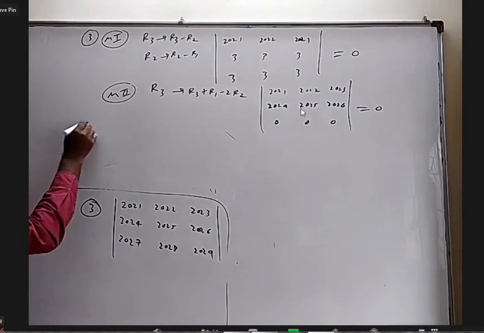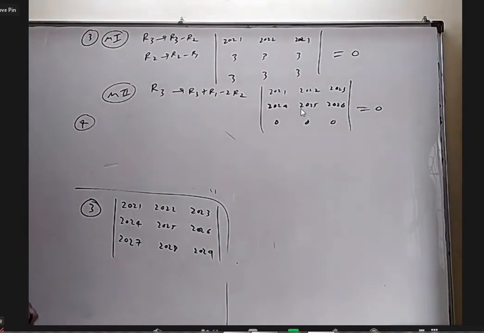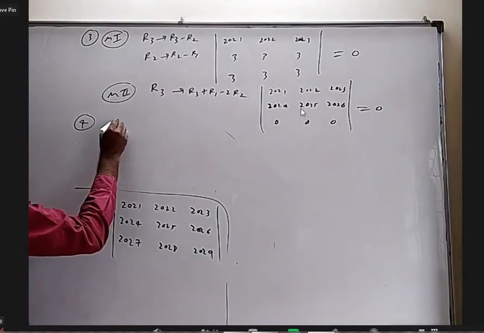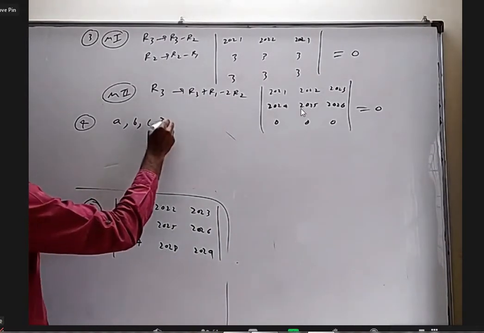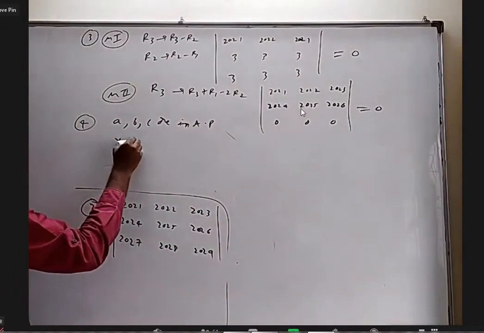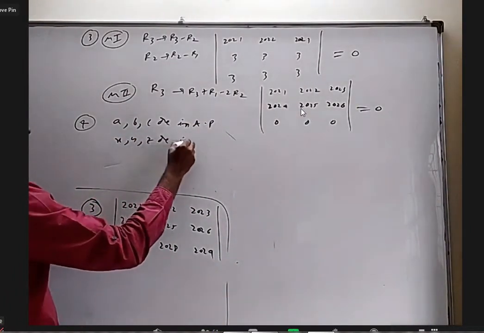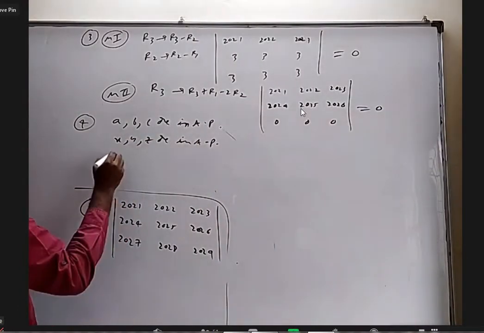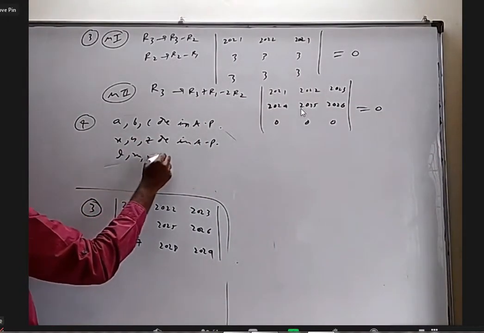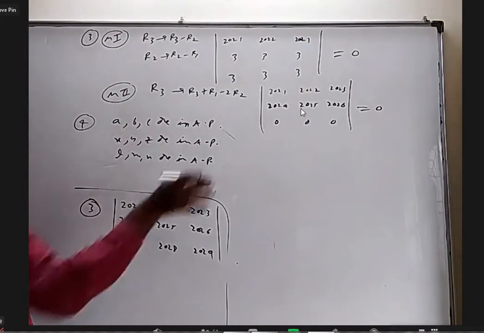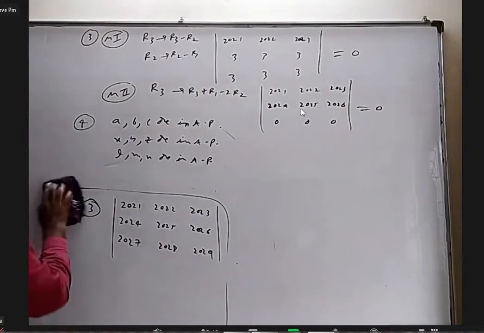Okay, let me give a fourth question quite similar to this, because we'll be using this set repeatedly when things are in AP in each row. Okay, so I'm going to tell A, B, C are in AP. X, Y, Z are in AP with some other common difference. Need not be the same common difference. And L, M, N are in AP. Here all are not in one AP. These are three different APs. Even then that is 0.